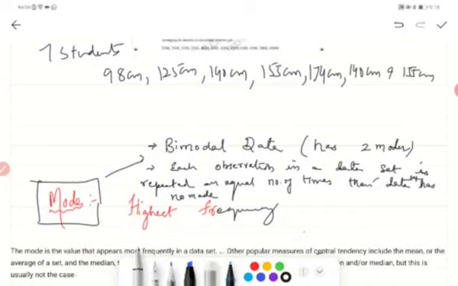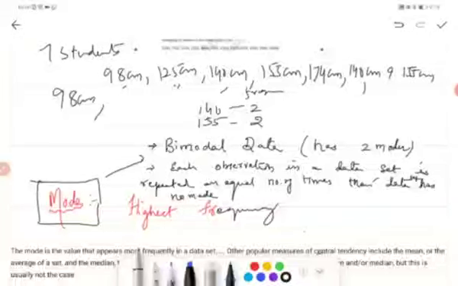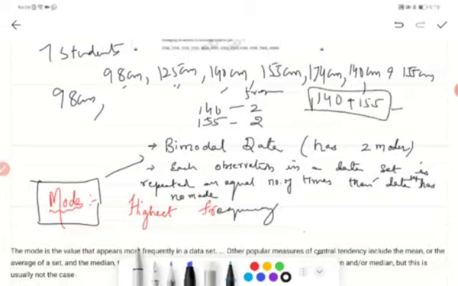So 98 is one time. Let's write this as 98, and 125 is one time, and 140 is two times, right? 140 is two times. Frequency you can write, and 155 is two times. So the mode is what? 140 and 155. So this is bimodal data. Alright,